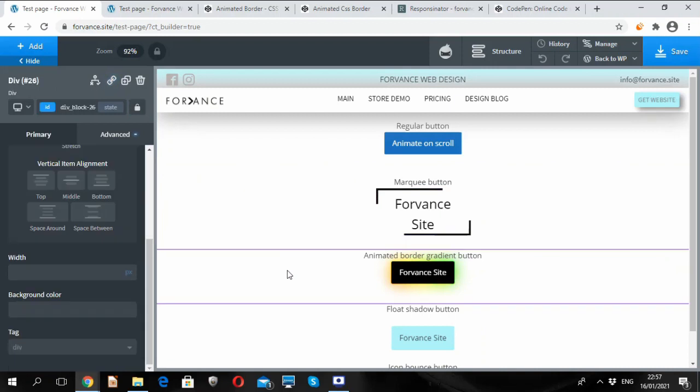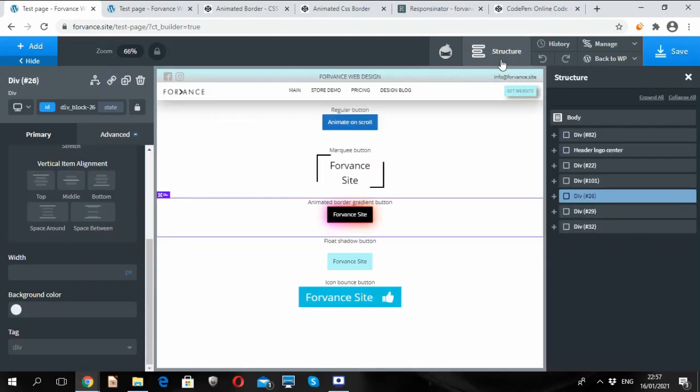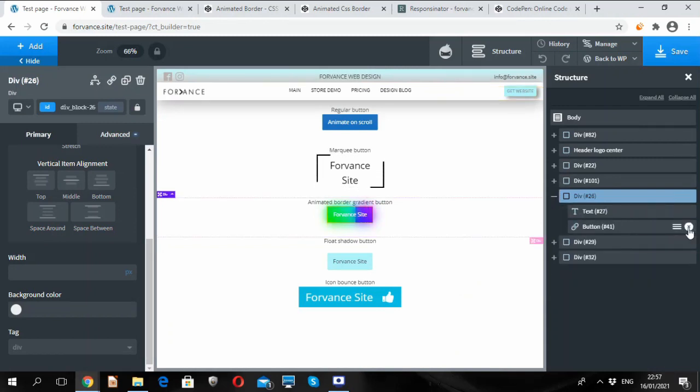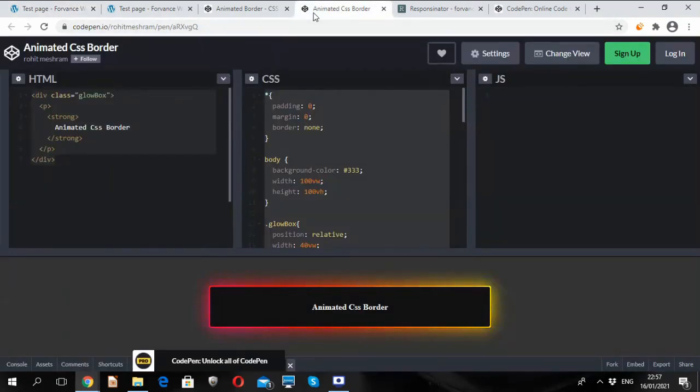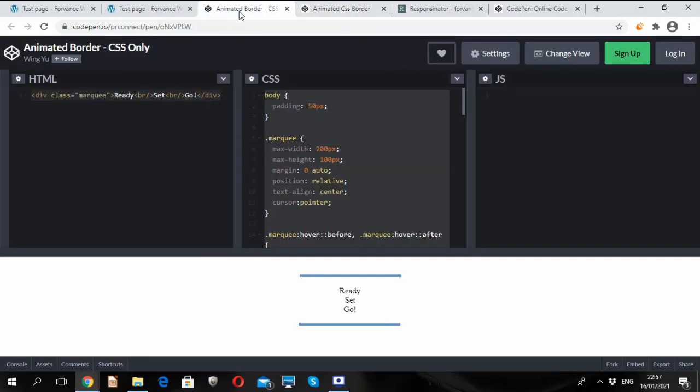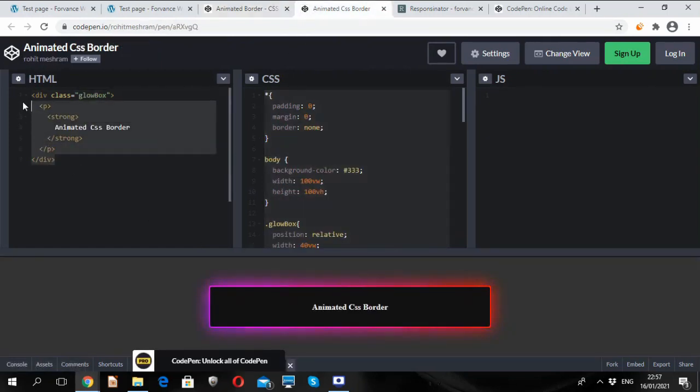All right, so let's move on to the animated border gradient button. So I'm going to delete the code block as well as the button. And we'll go to codepen.io. I'm also going to give credit to the authors of this code. So this one, the animated CSS border, the author is Rohit Meshram, and the other one is for the marquee button, Wing Yu. So I'm going to copy the HTML code,